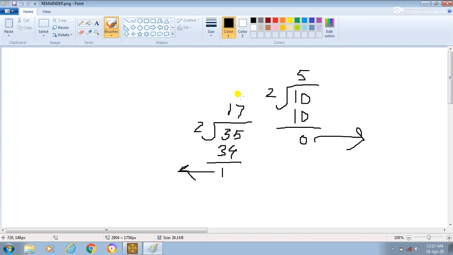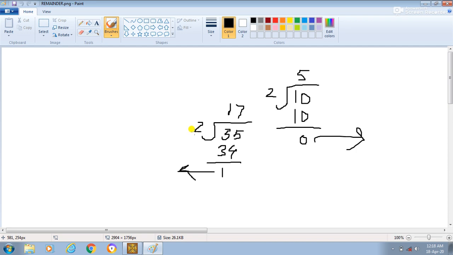The answer will come 17, but the remainder is 1. So let's suppose 35 is a number which the user enters. We have to take the remainder of that number n with 2.